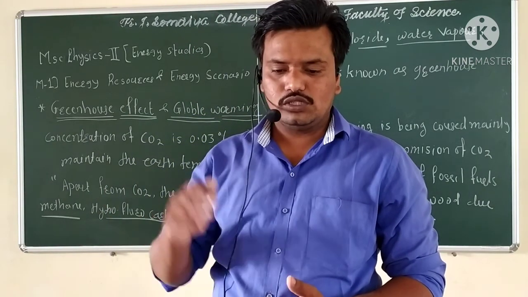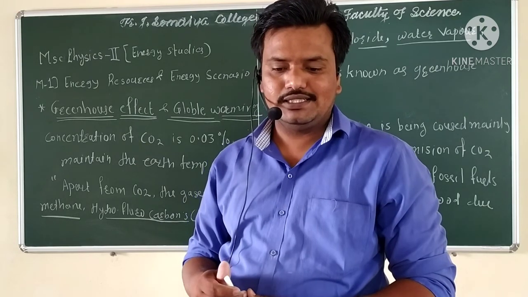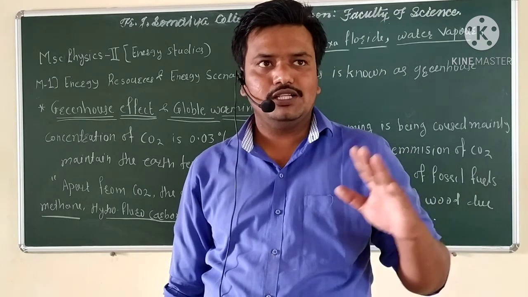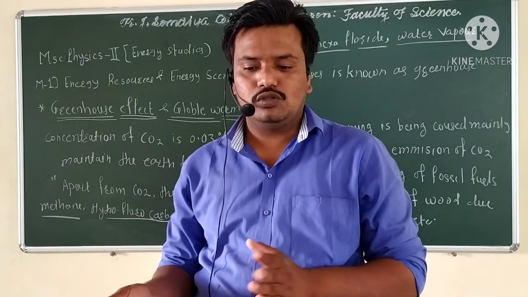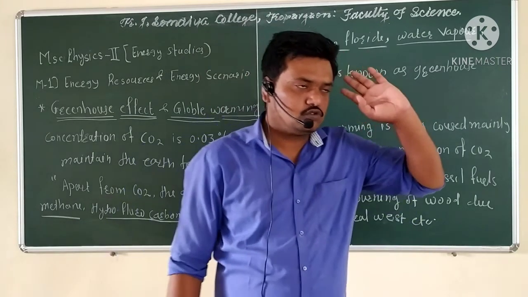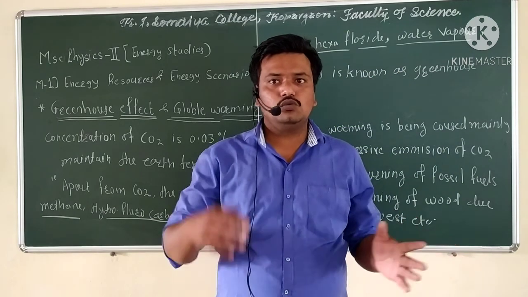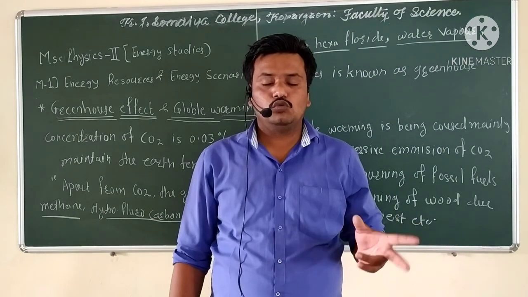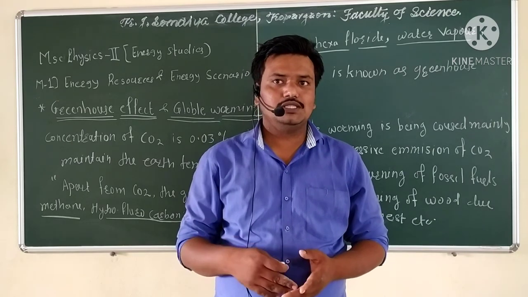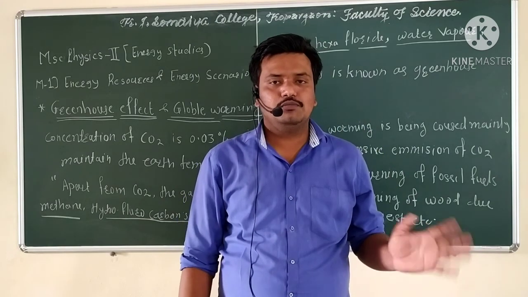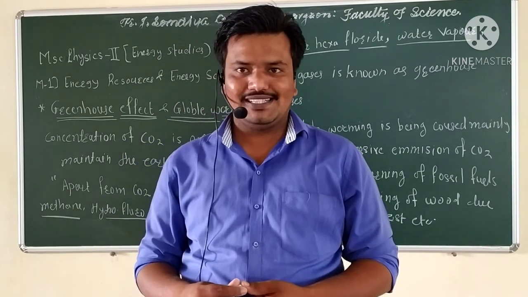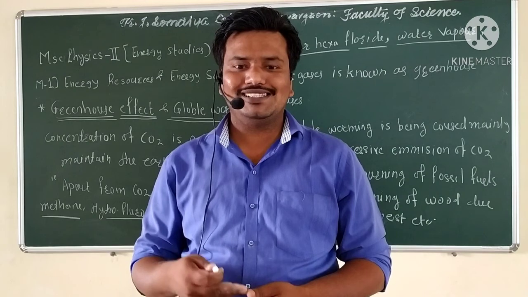In 2002, the present change is that the temperature has increased by 0.6 degrees Celsius, and in the future the global mean temperature will increase further. So in this century, over many decades, the temperature will increase from 0.6 degrees Celsius to near about 5.6 degrees Celsius, and the level of the sea or the ocean